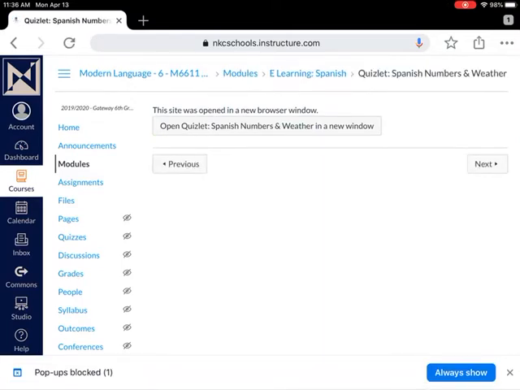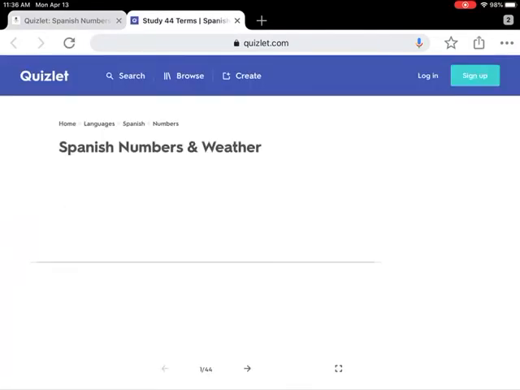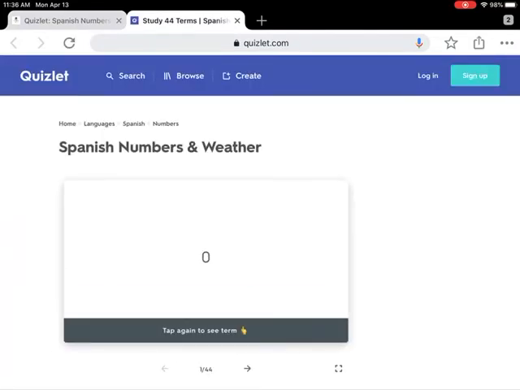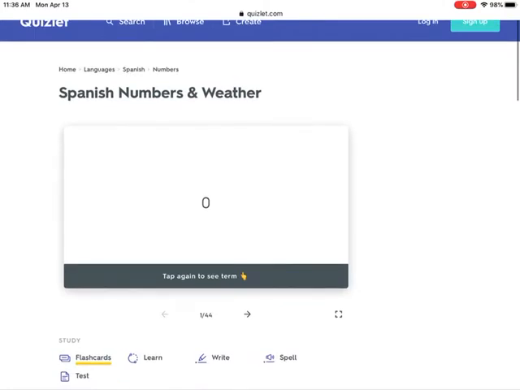You're going to click on that. You are going to open it in a new window. And I want you to first go through these flashcards. So a couple things about Quizlet. You may or may not be familiar with them, but Quizlet does have an audio function where you can hear these words being said. But in order to do that, you really need to go and make these flashcards full